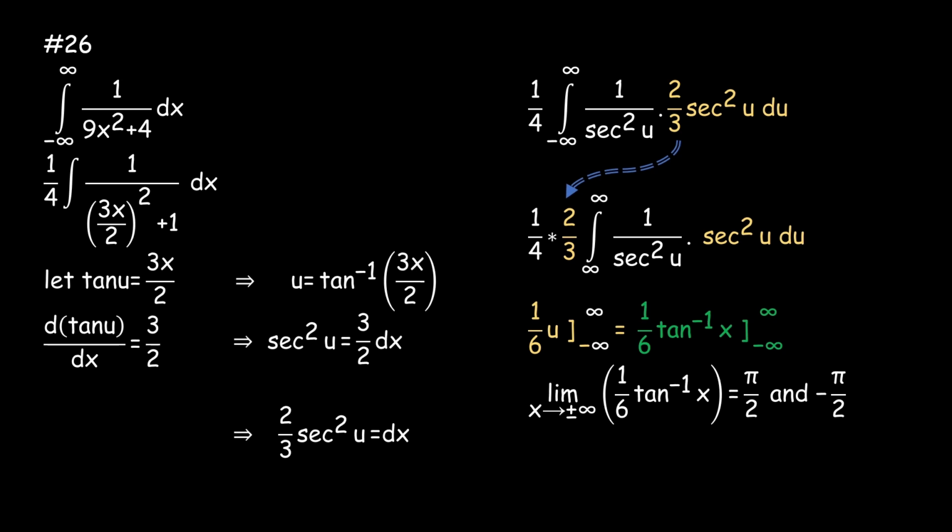And then if we subtract both our answers, it will just give us 1/6 of pi over 2 minus pi over 2, which is just 1/6 of pi. Question 27, we have to find the integral of k cubed x cubed over the square root of a squared minus a to the power 4 x to the power 4 dx, where k and a are